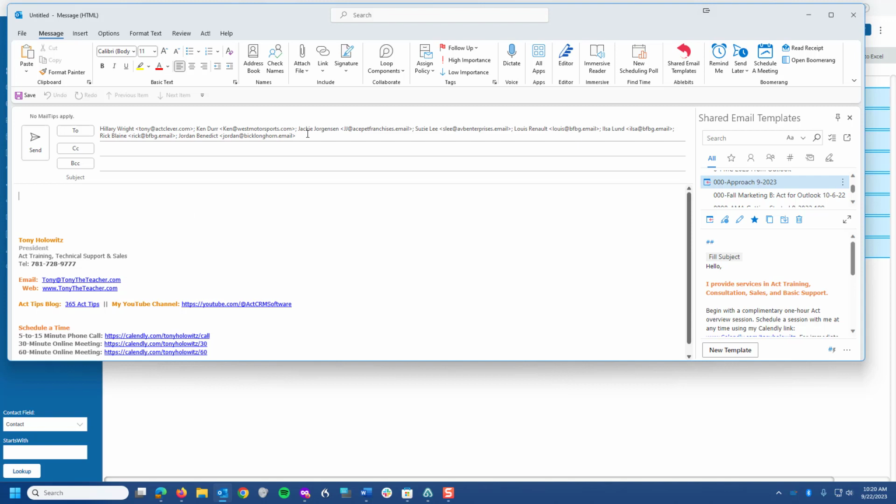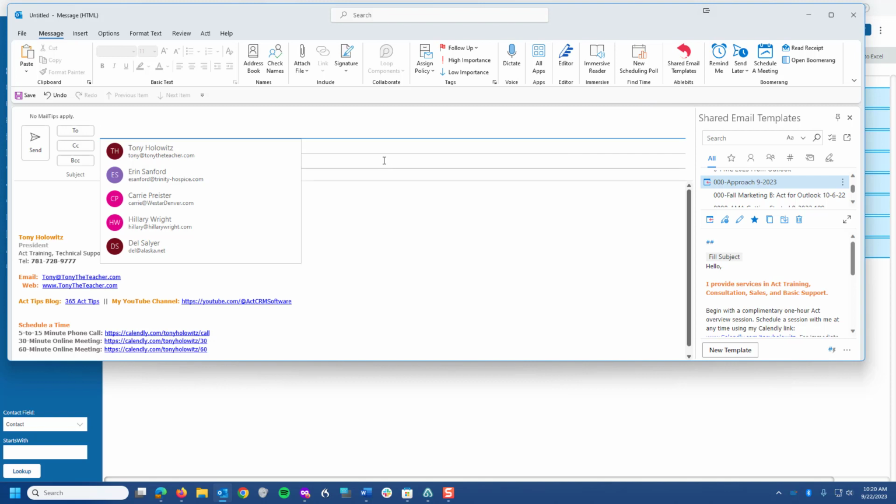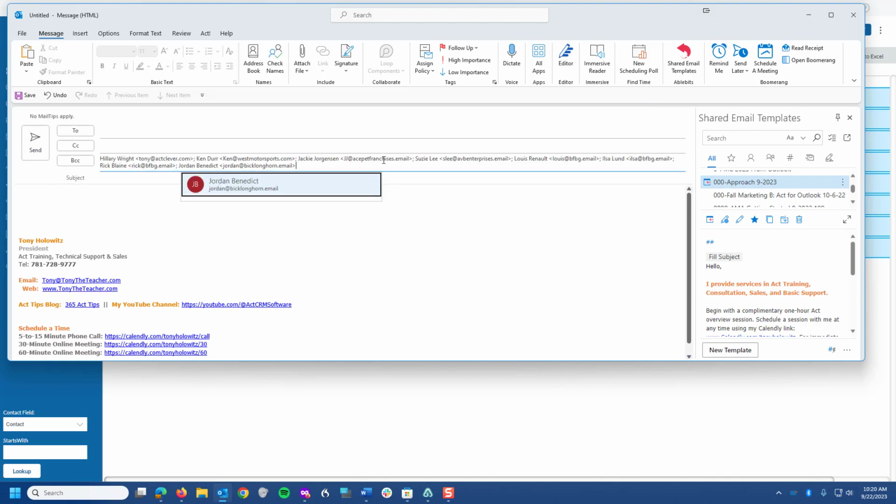And I would never want to do it that way. I would want to send this blind carbon copy. So what I'm going to do is just click somewhere up here in the white area of the To field. It just sort of tells Outlook, hey, I'm here. I'm going to do Control A to select all of those contacts. I'm going to cut them out of here using the keyboard shortcut, Control X to cut. I'm going to now go down to the blind carbon copy field and go Control V as in Victor to